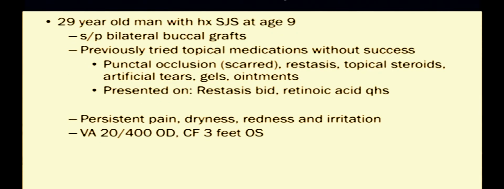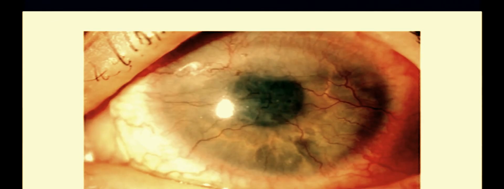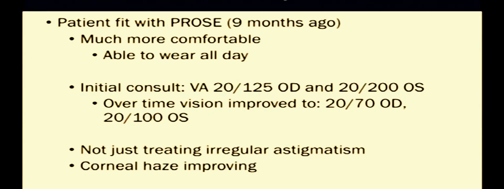A patient with Stevens-Johnson syndrome, 29-year-old man with Stevens-Johnson syndrome from age 9. Bilateral buccal grafts, but now has tried every sort of topical medications, frequent anti-inflammatories, frequent artificial tears, but still has visual acuity of 20/400 and count fingers. You can see there are sort of typical findings for limbal stem cell deficiency and opacities after this very serious disease. But after getting a good fit with a PROS device, he's able to be comfortable, he's able to wear the devices, and more importantly, his acuity initially improved to 20/125 and 20/200, but later further improved to 20/70 and 20/100. So you're not just